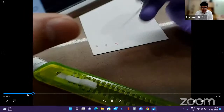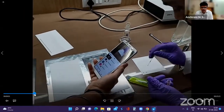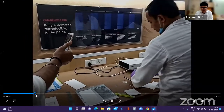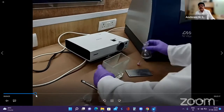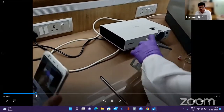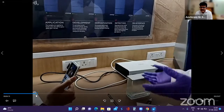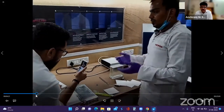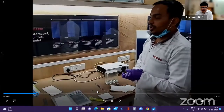Now he's showing you capillary spotting, which we do here, but normally we use the equipment, and this is how we place the plate. He's pouring the mobile phase. Now he's typically showing you how a proper TLC step is done. Generally, when we start with R&D for quick, fast understanding, we do that and then switch over to the instrumentation. So here, after the application is done,